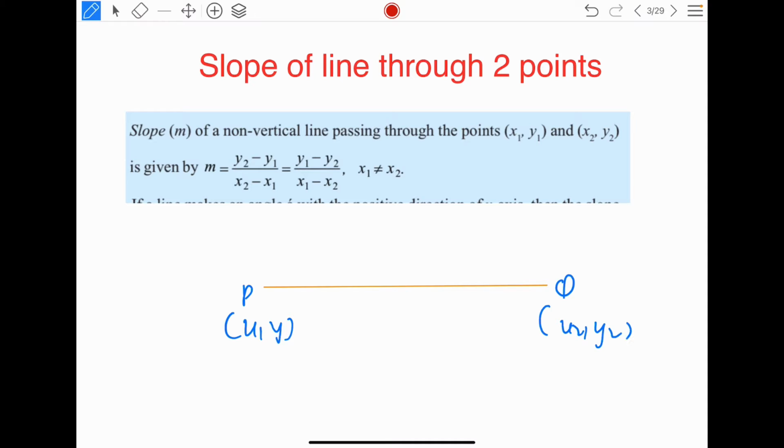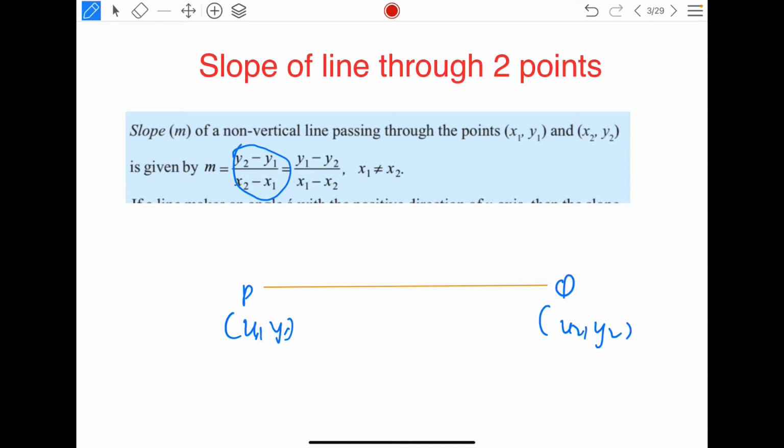So this will take x1 and y1. Okay, coordinate geometry I have already done in the first session of this series. So you can watch your coordinate geometry, distance formula, section formula, everything is done there. Now the slope of this line which is passing through 2 points will be given as y2 minus y1 upon x2 minus x1.